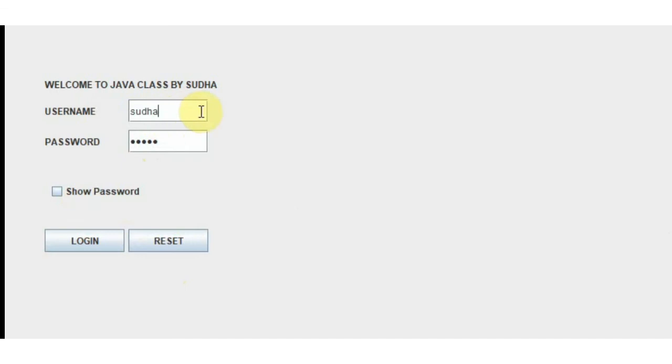Now I'll show you this echo char. You can observe that by default the echo char is period. Initially it is unchecked. Now I checked it, so what happened? The password is visible, so the echo char is not set. When I deselected it, the echo char is set to asterisk because I have mentioned it in the code. Well, friends, this is how you create a basic login page using